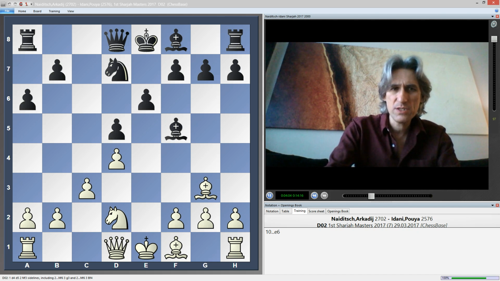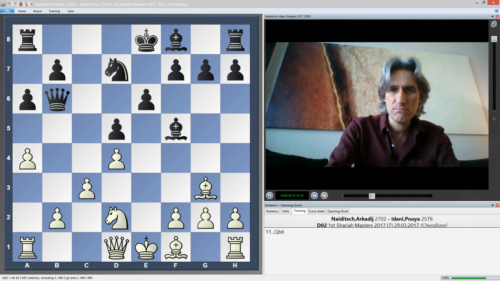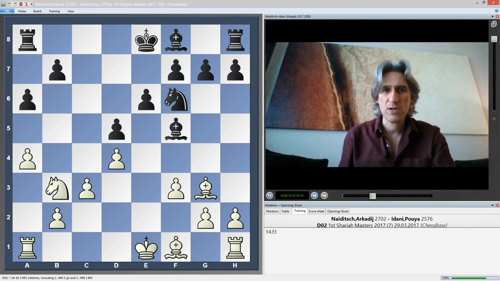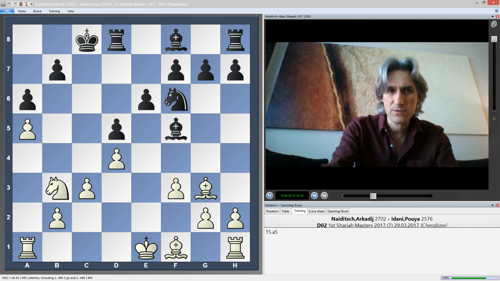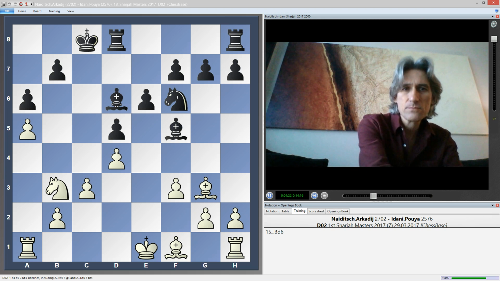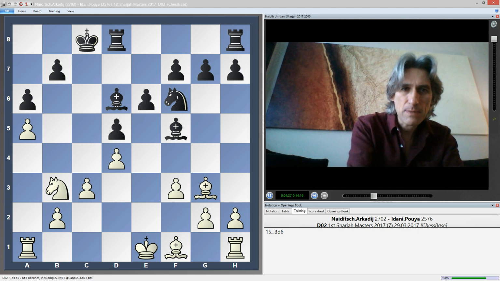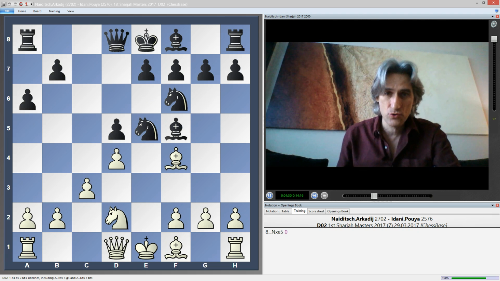And, well, in this position, I don't think black had many difficulties. Queens were traded. With the bishop outside the pawn chain, I don't think there are many difficulties. Bishop d6. Black is very solid there. Well, both sides are solid. And the game ended in a draw. But